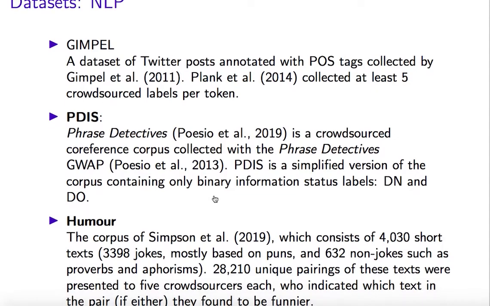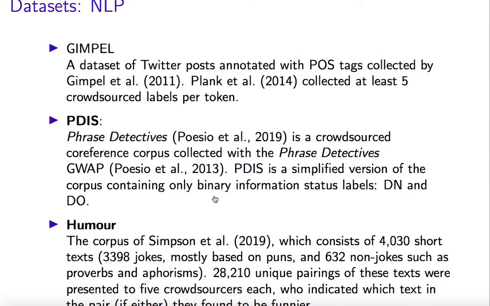Among the NLP datasets, we have 3 datasets. A part-of-speech tags dataset, the Gimpel dataset, which was originally annotated with gold labels by Gimpel et al., and to which Plank et al. added crowdsourced labels. This dataset has been widely used in this type of research. A second dataset is a simplified version of the Phrase Detectives dataset, collected through the game Phrase Detectives. The Phrase Detectives corpus is of coreference, but for this task we used a simplified version, just a binary task: discourse new, discourse old. And finally,